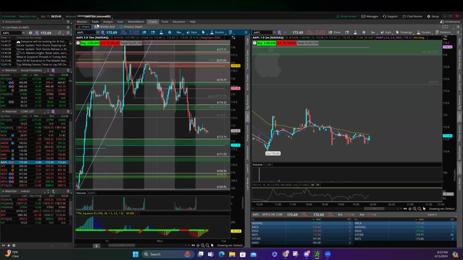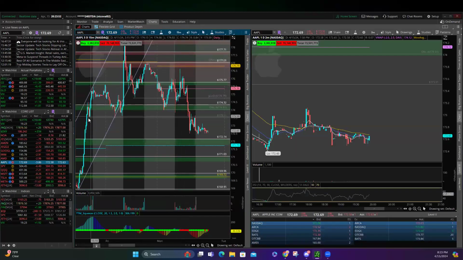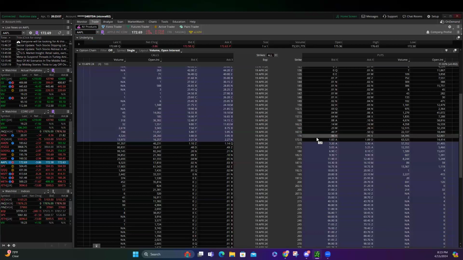So which puts do you jump in? I'll try to see on my chart. Well, my previous points are 173 and 172. Normally, I will try to see if I can go into the 173s, 172s, somewhere around this area, because I know for sure that those are levels that I have drawn. If it's too expensive, I can try to search for an alternative. My alternative is going to be the second or third option with the highest volume and open interest. So this is the furthest that I will go